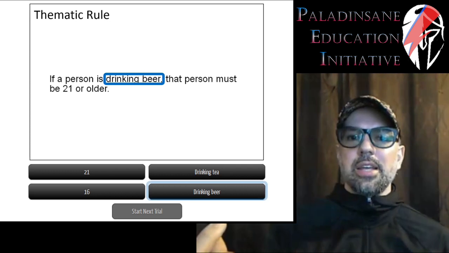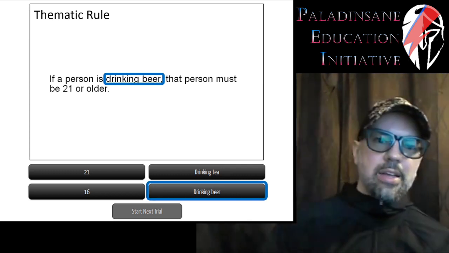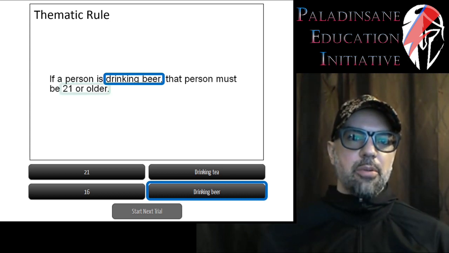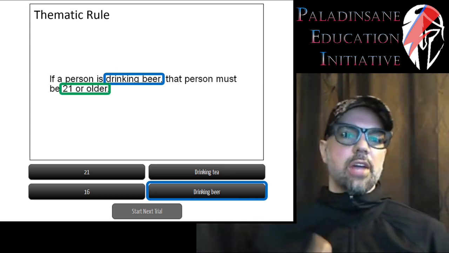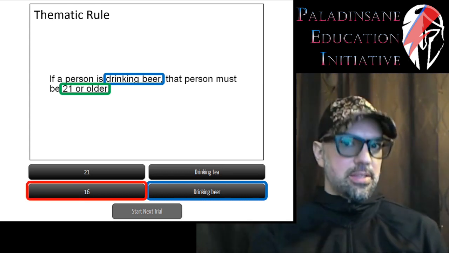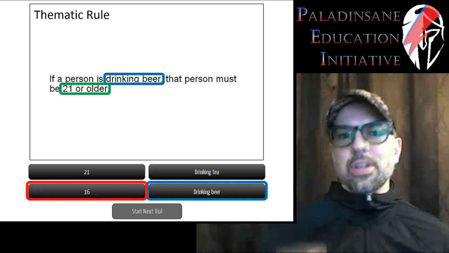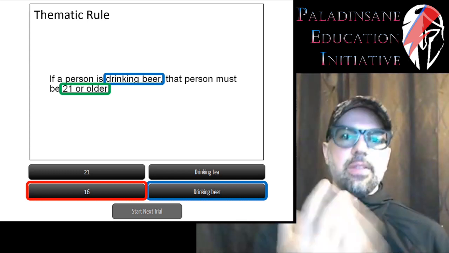So we've got to check the IDs of everybody that's drinking beer. And we have to check everybody that is not 21 years or older. We have to check, for example, the 16-year-olds to make sure that what's in their cup is not beer, right? So it's a little bit easier to check your P and check your not Qs in this case,